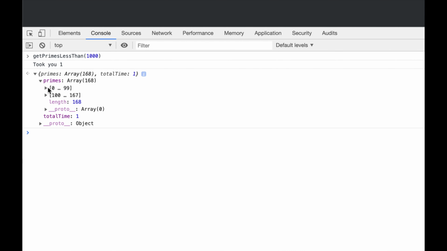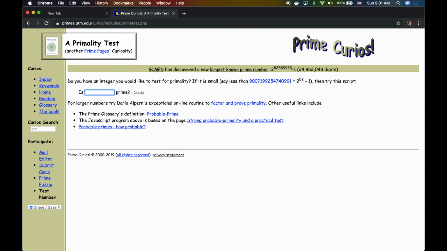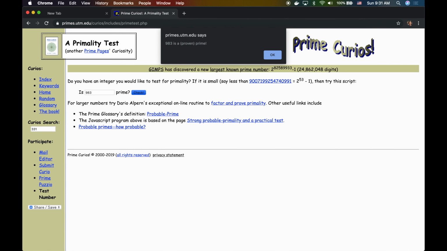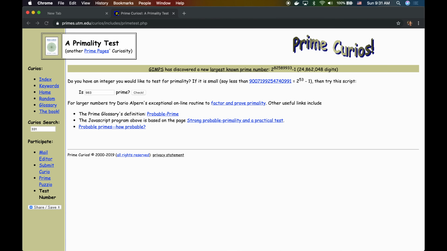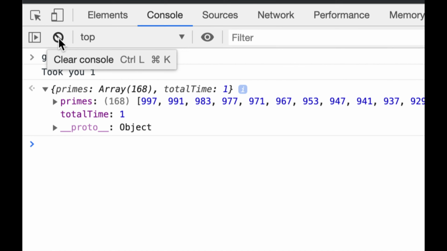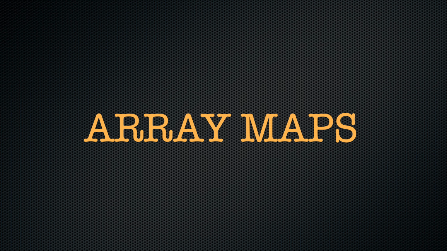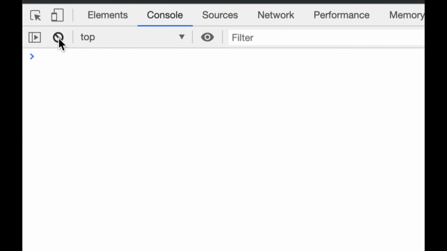Well, let's check. Let's pick one of them. It's a proven prime. All right, so it is a prime. Okay, so we didn't do anything wrong, hopefully. All right, guys, that's the exercise. We learned about objects, we learned about functions, we learned about arrow functions, we learned about all that fancy stuff, dates, right? We did an exercise, right? And I think we are ready to move on and do